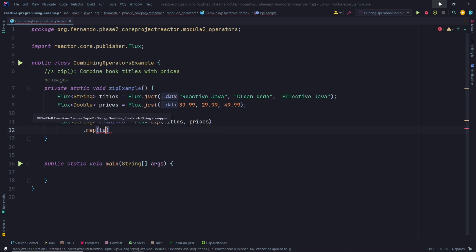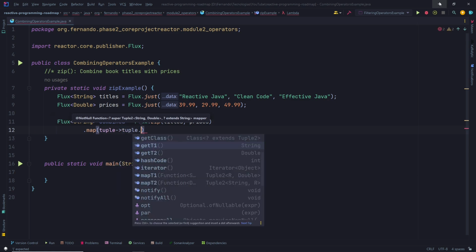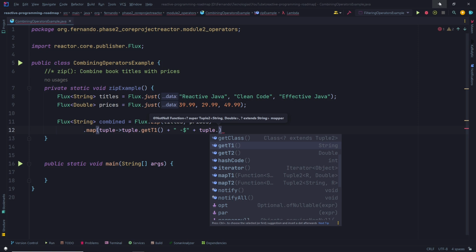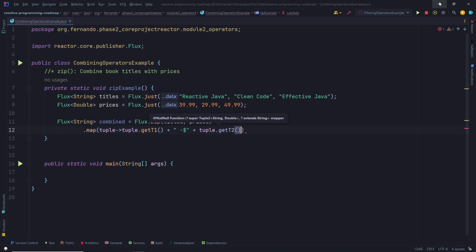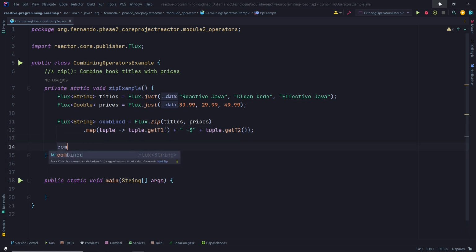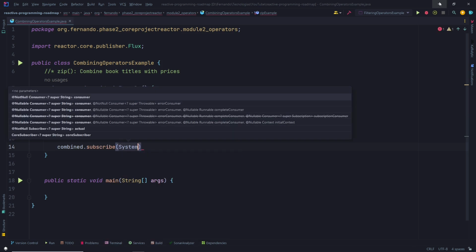This is a tuple. Tuple, plus, and here, what about this symbol, dollar, great, now tuple.getT2. Great. Now what do we need to do? We need to subscribe, combine.subscribe, let's do this out,